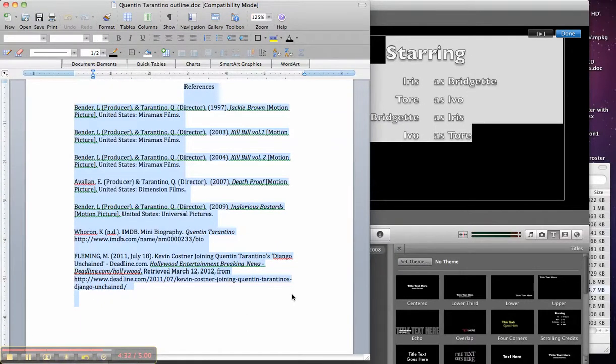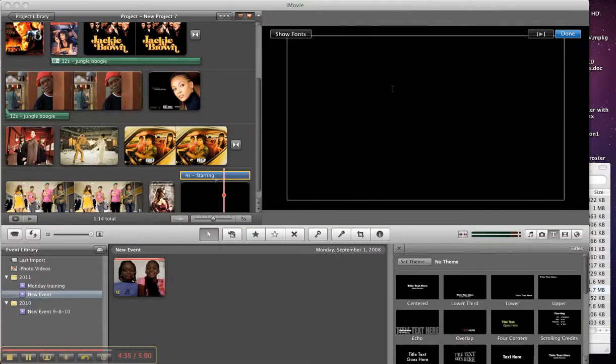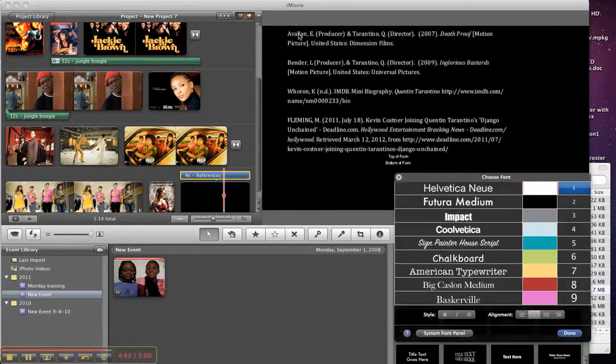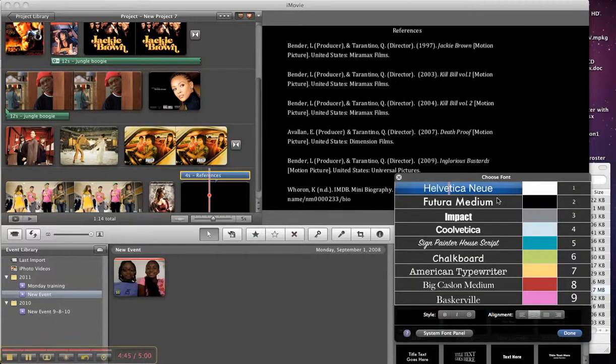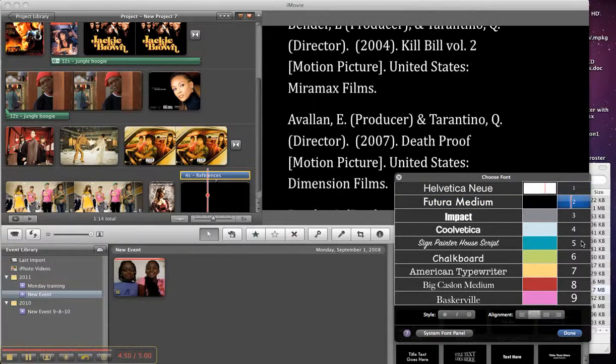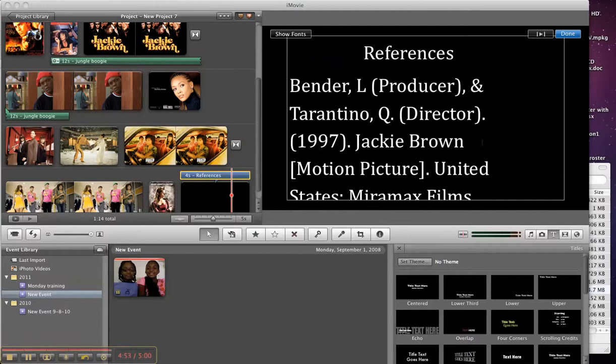So all I'll do is copy and paste. And notice when you copy and paste, because it is black and white, it's not going to show up. So what you have to do is hit the font. I'll go in and hit it that way. And done. And just like everything else, if